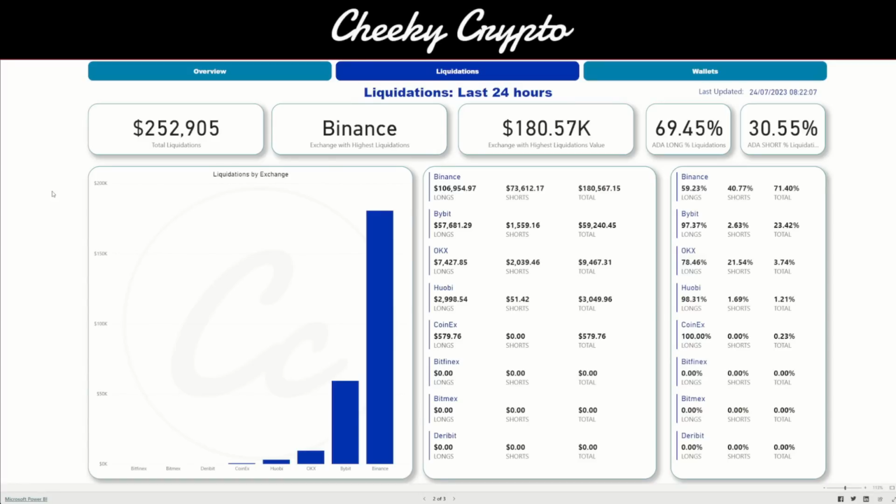Now, Binance takes the top spot. This is not a surprise for us, as Binance is a very big player when it comes to leverage positions on certain projects like Cardano. So we can see it's $252,000 of liquidations. It's not a lot. Again, we can see here that Binance was the top spot with $180,000 of liquidations,